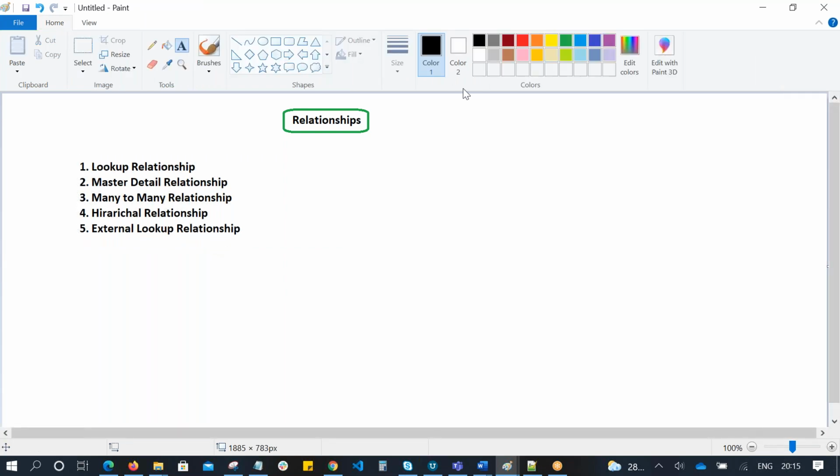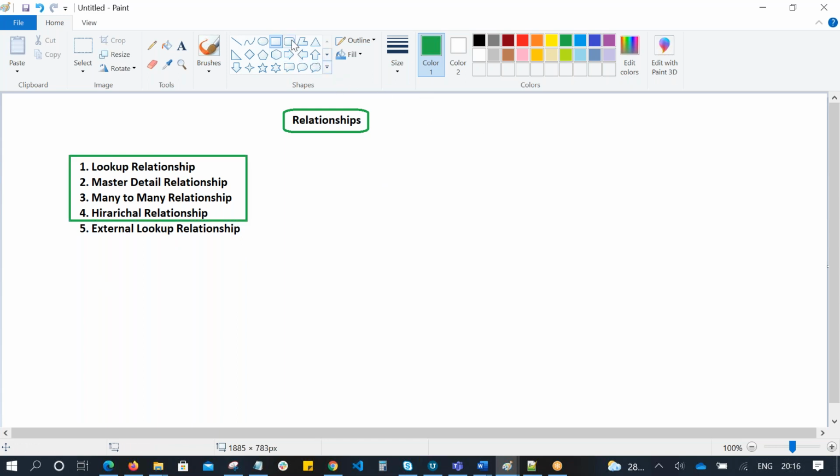As part of this admin concept, we're going to cover these 4 relationships. Majorly, we're going to focus more on the first 4 relationships. The external lookup relationship is something related to integration. Suppose we are communicating with a remote application, an external application in the form of Java or .NET or any ERP application or any Informatica kind of application. If we are integrating with that kind of remote application, we can make use of this external lookup relationship.